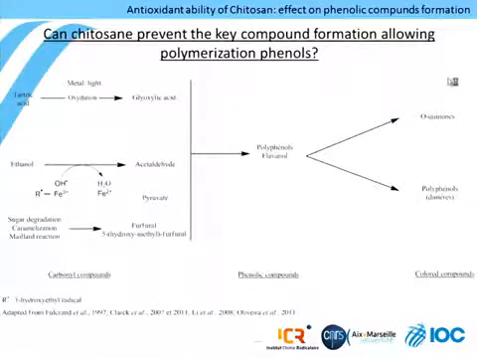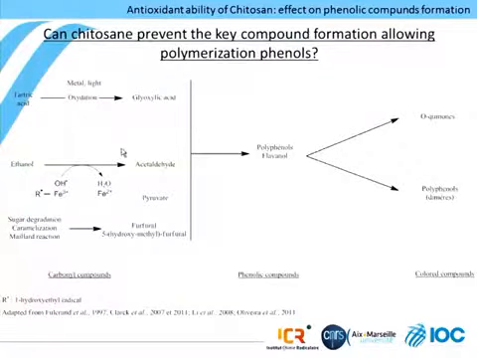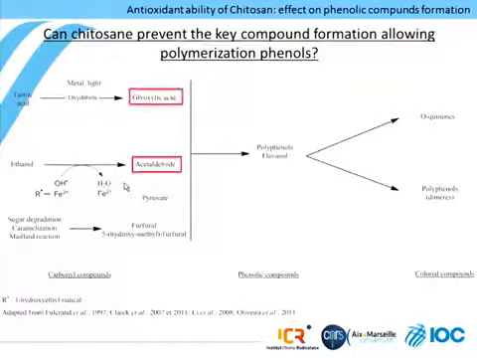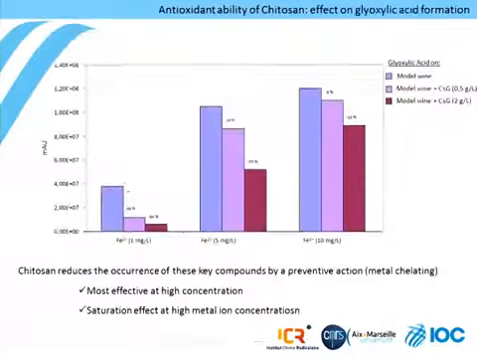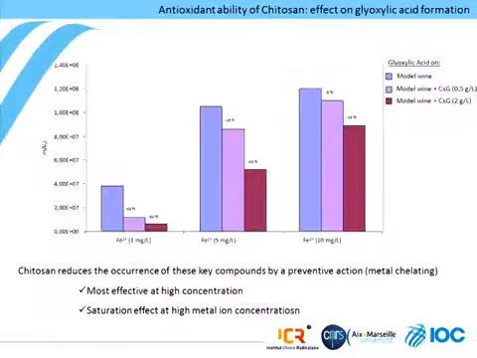If we make a scheme out of this, we see that chitosan can act on colored compounds in this phase, but it can also act at the beginning of the reaction here in this phase of the process. We see, therefore, that all the reactions, tartaric acid, and all the things that you see on the slide lead to what we said. So we need to know whether we can avoid the two compounds which were highlighted.